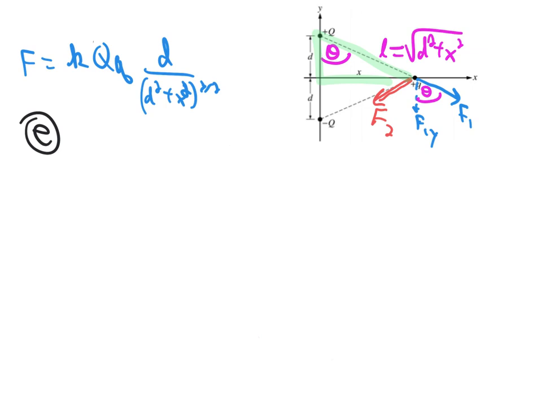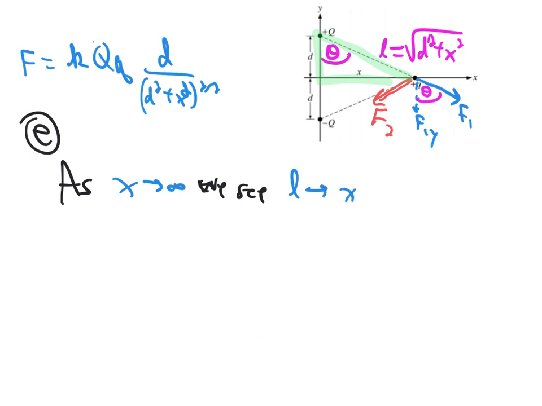Part E, charge plus Q is now moved along the positive x-axis to a very large distance away from the other two charges. The magnitude of the force on the plus Q charge at this large distance now varies as 1 over x cubed. Explain why this happens. And the rubric here made clear they meant explain mathematically, but we'll also try and explain at least a little physically. The key thing is that as x gets larger, we see that